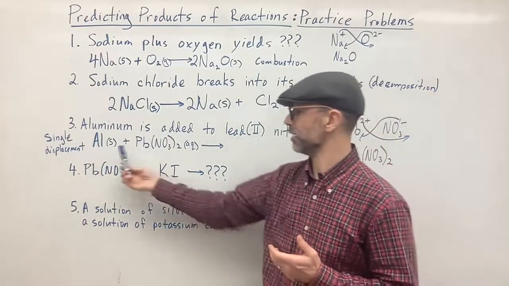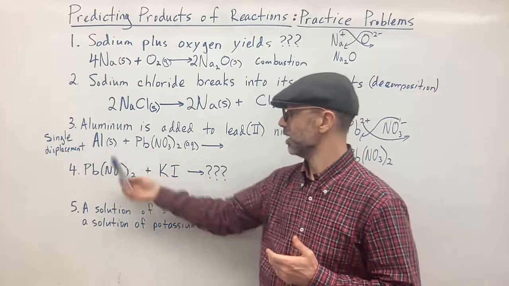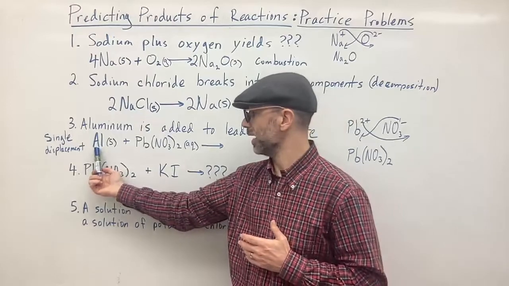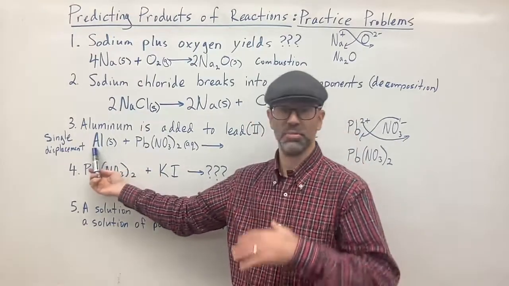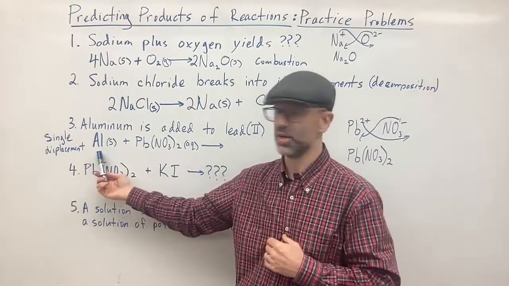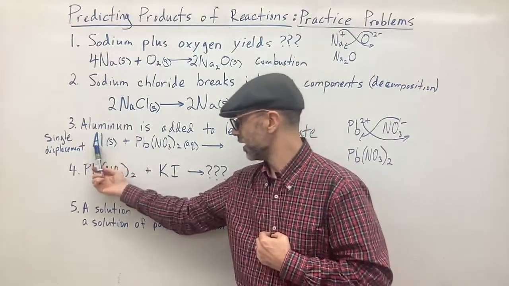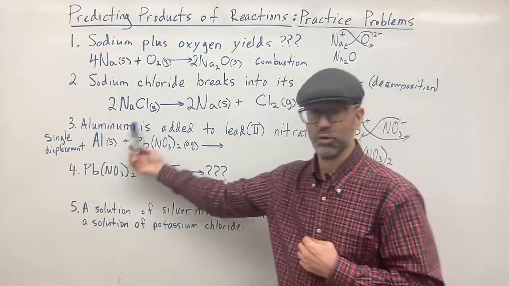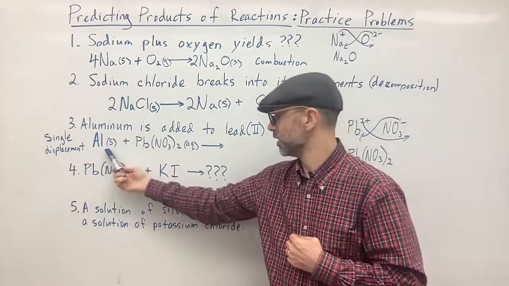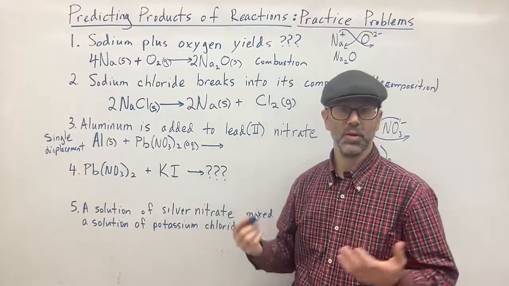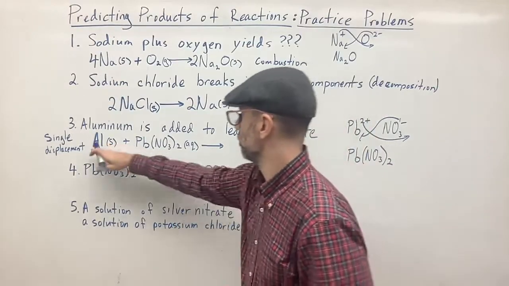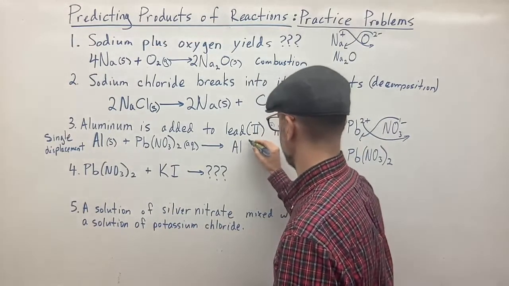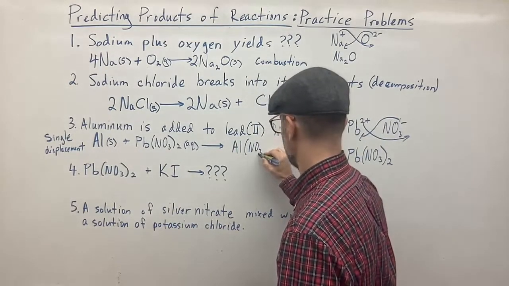So remember, when you're trying to figure this out, the activity series for metals is what you're going to look at. If aluminum is higher on that activity series than lead, then you would expect aluminum to kick off the lead, and then lead would be by itself as a product, and the aluminum nitrate would be the other product. So we would replace that. So we would get aluminum nitrate, NO3,